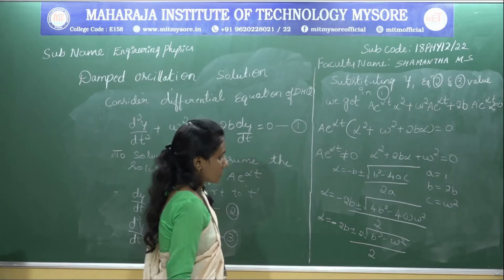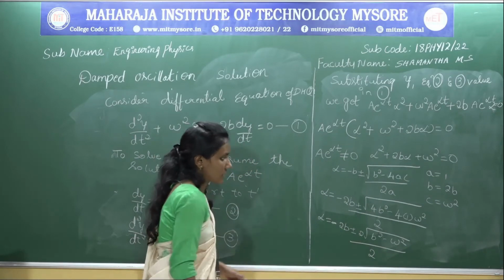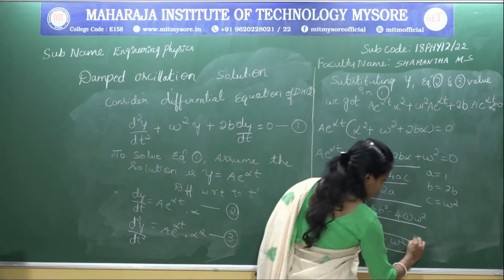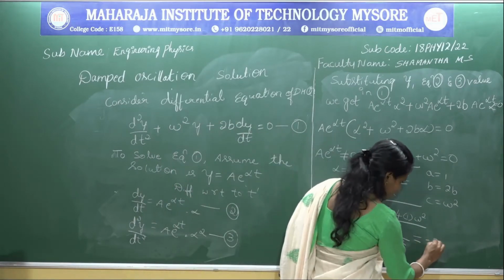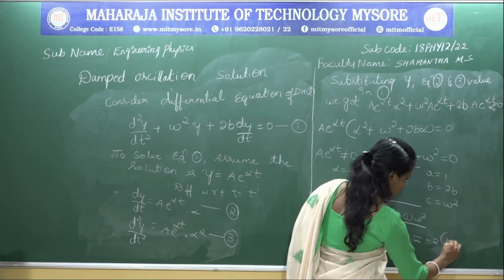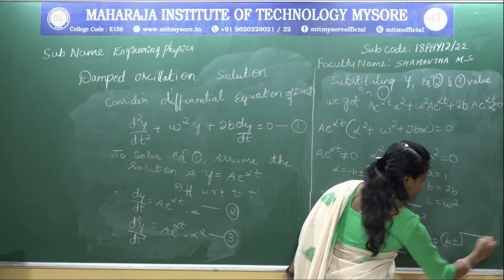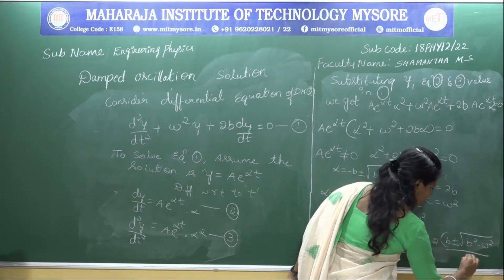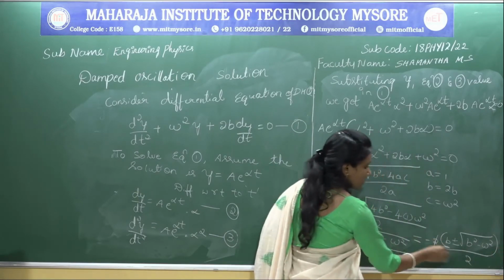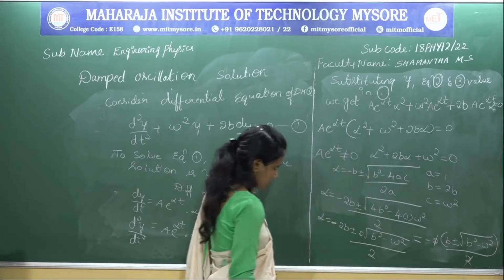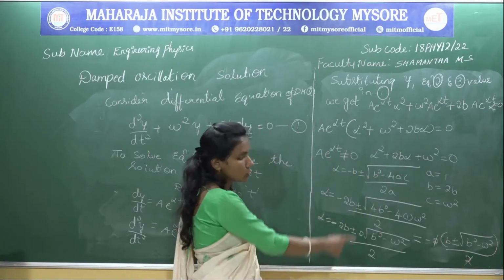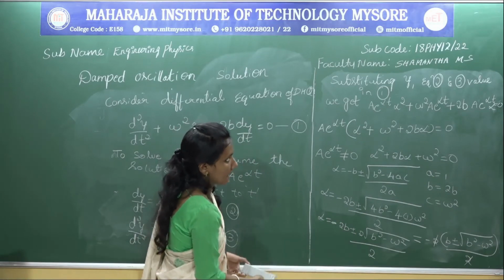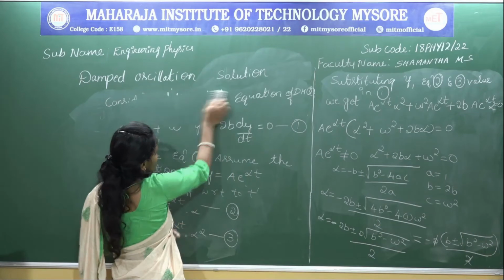Then further, how can we solve this equation? We can take the 2 common outside, then the remaining term is b plus or minus root of b square minus omega square divided by 2. So then the 2 will get cancelled, and we are getting the 2 solutions here, plus or minus. That can be written as